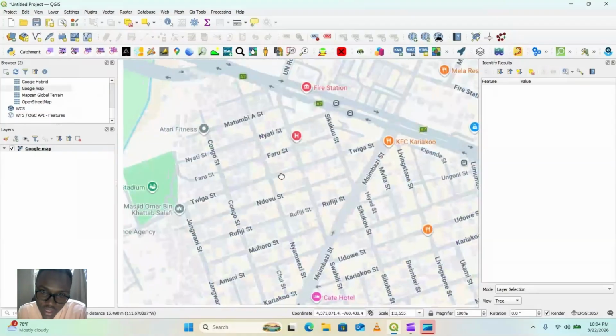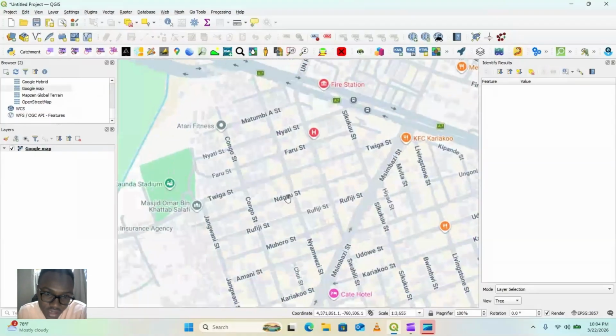So for me here, I will just select a small portion of this area where my network will start at least from that point up to this point. Yeah, just a simple network. So first of all, you're supposed to have a study area. After that, you're going to draw the water supply system, which is made up of pipes, a distribution tank, and the nodes